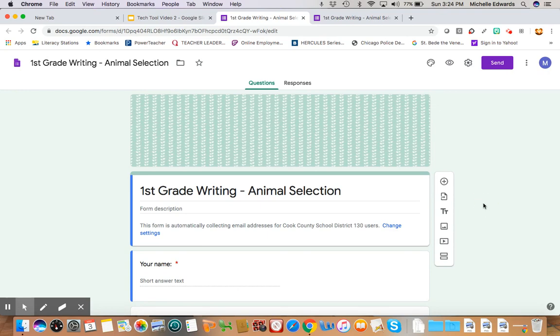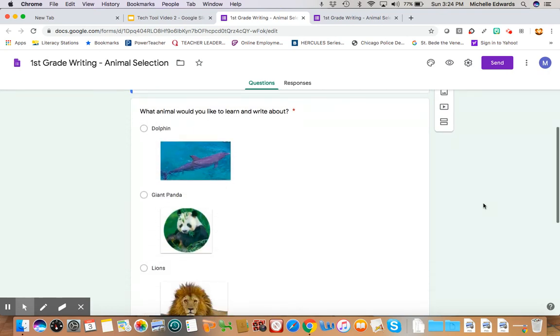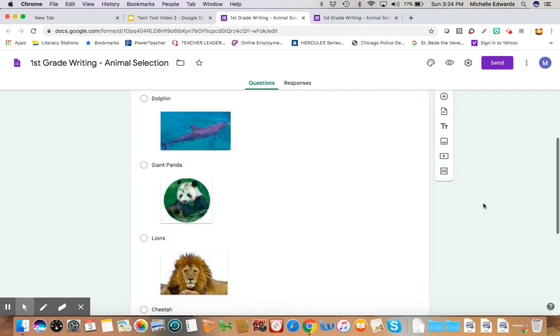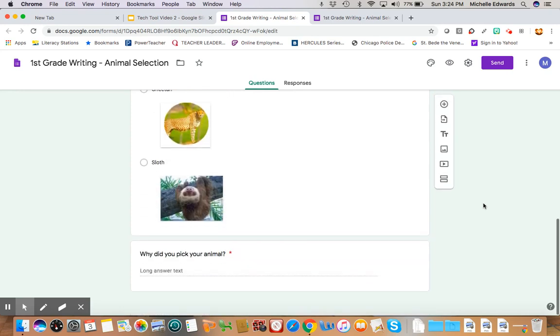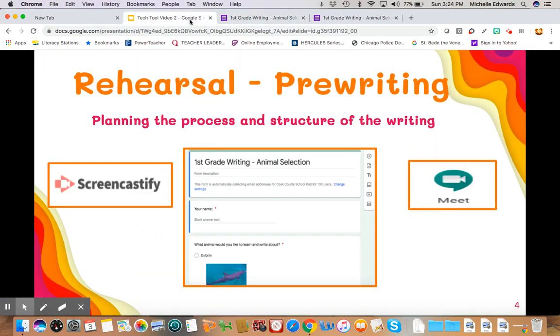So students would just jot down their name, select what animal they're going to learn and write about, and then lastly, write why they picked the animal. This would set the stage for our drafting. This would allow us to know what students are going to write about and why. Then as we move into our drafting,